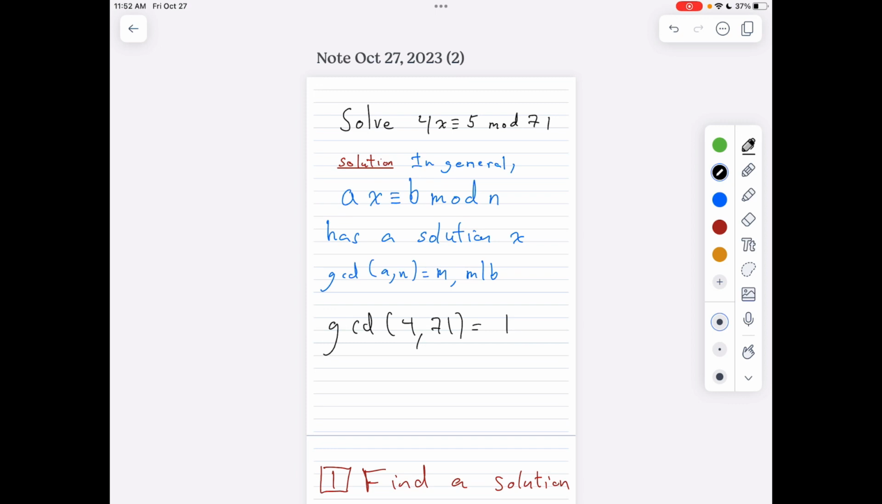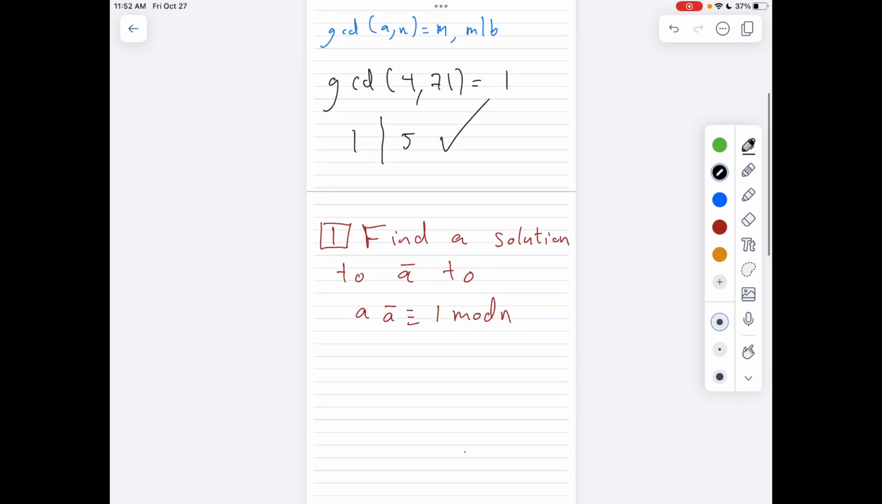The next thing we're going to do is check that 1 divides 5. And yes, 1 does divide 5. So we're good, we can go through this. There will be a solution here for us. Now, how do I actually go about getting a solution? This method involves